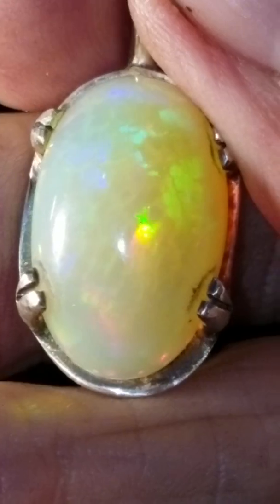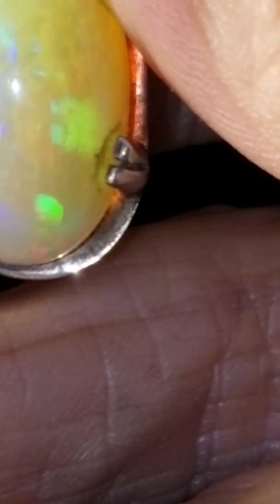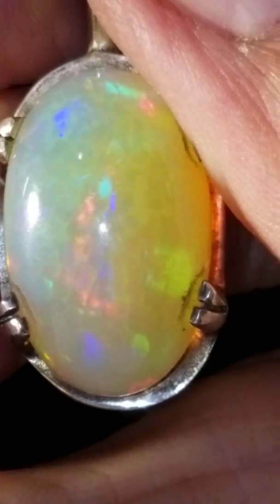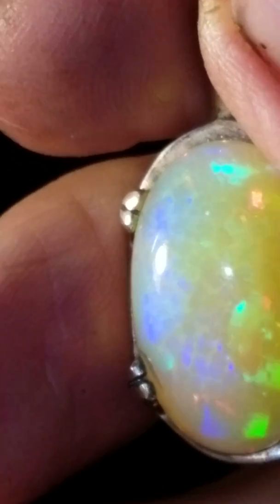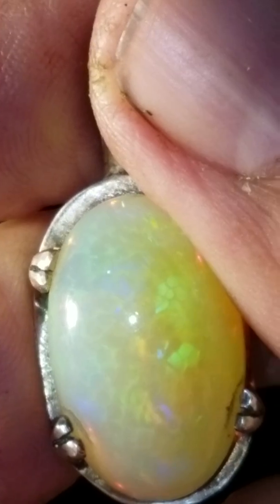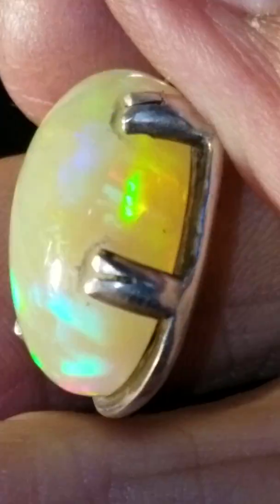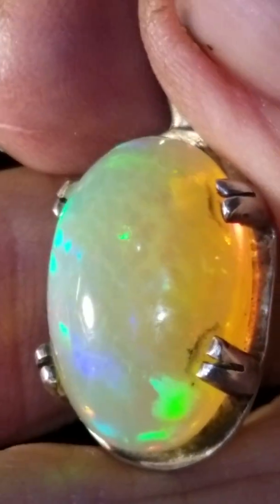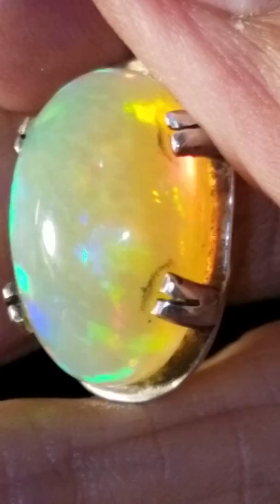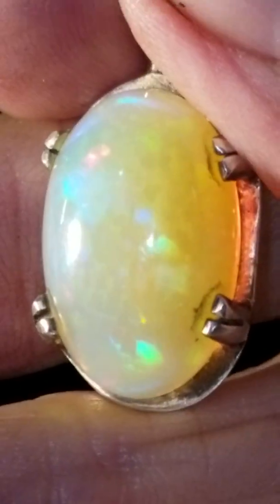Each sphere is surrounded by 34 other spheres. 34 spheres touching each other with one in the center. All the way through this stone. Huh? Those things are 200 to 350 nanometers in diameter, half the size of the wavelength of visible light. The more